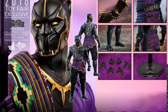This figure, I think, is going to be a little pricey too, considering it is an exclusive. Usually with the San Diego Comic-Con exclusives, they bump up the price a little bit because they are exclusives, so that is definitely a shame, because this is a figure that I don't see many people really clamoring for. I think that there's better choices of characters to make in the MCU if they wanted to make some San Diego Comic-Con exclusive figure, and even if they wanted to do specifically a character from Black Panther, they should do Shuri,